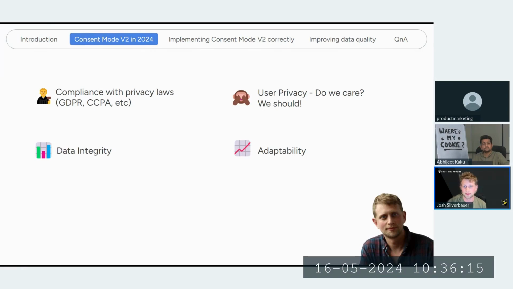They didn't do the best job of communicating what and where it was necessary, and therefore there was a lot of confusion around it. It really made everybody aware that this was a thing that needed to be looked at. And that's really what changed, not the system itself. Yes, V2 was new, and there are additional features and functionalities, but the consent mode as a concept has been around for quite a while.